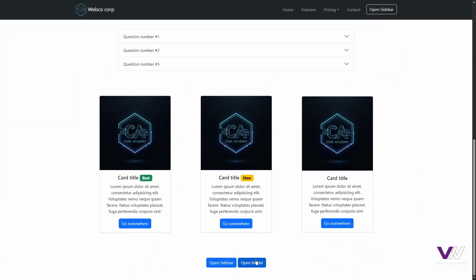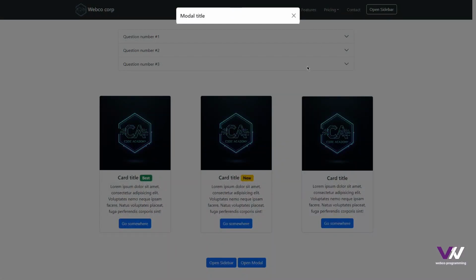Now if we come and open again, you can see now it's fixed. Now we got our button here and our title here. And if we click anywhere outside of that box, you can see it's going to pop up like this and grab the user's attention for itself, and it can only be closed by using this X button